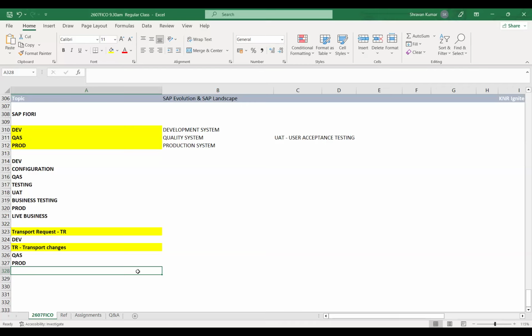For example, today I created a company code, tax code, a GL account, or anything related to the business requirement. All this configuration will be saved in this one transport. We don't create a separate transport request for each of the